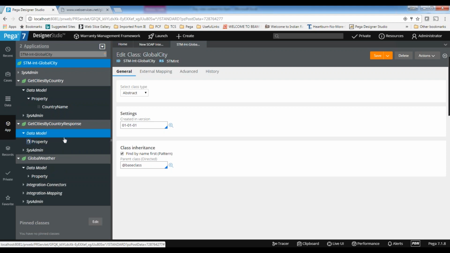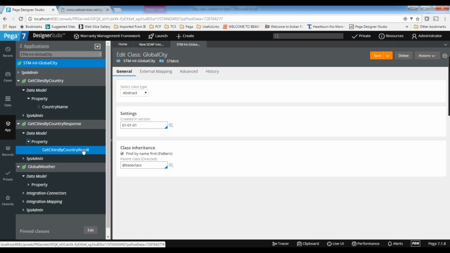Here we also need to make some more modifications. You are getting all the response in a single property, but my aim is to display all the city names that are coming and convert them into a drop down. But this service is not giving that much flexibility. They are giving the response again in XML format. Even after parsing, they are doing only one level of parsing, not multi-level parsing. So the first level of parsing is done, and then they store all the XML structure into this property again. You need to modify it. That's what we will see anyway.